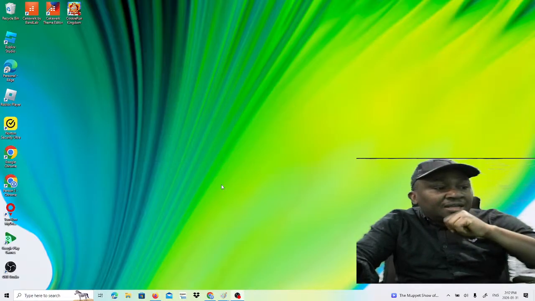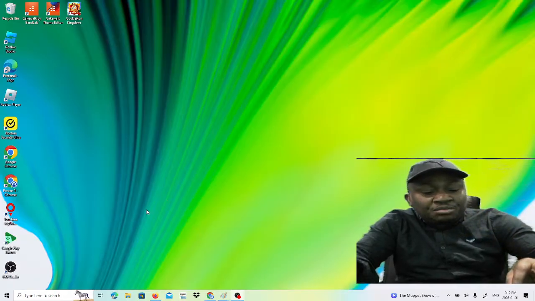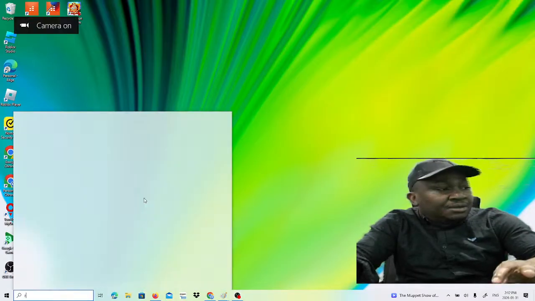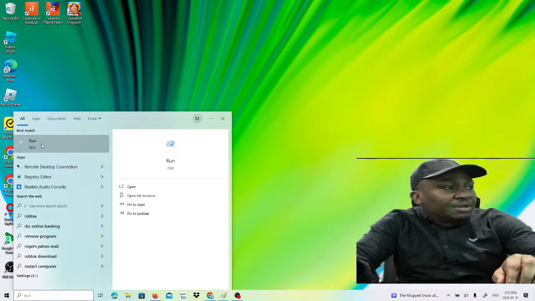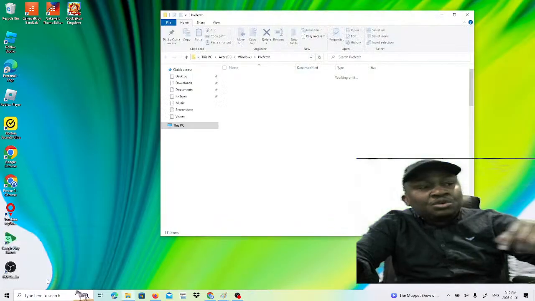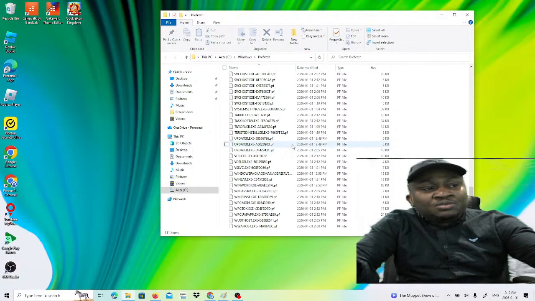Number two hack, let's do something quickly. Let's say your computer is running slow, you press Windows R. That would bring up Run. All right, bring up Run, and then type prefetch. Click OK. It will bring up what your computer has fetched when it went to visit the internet the